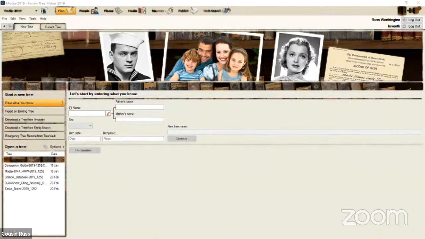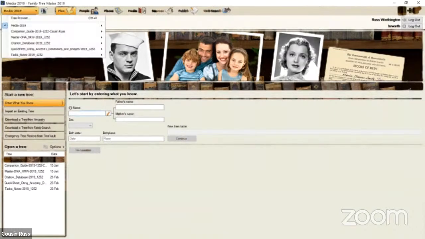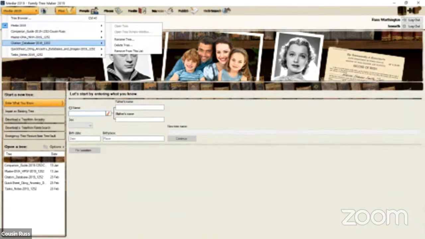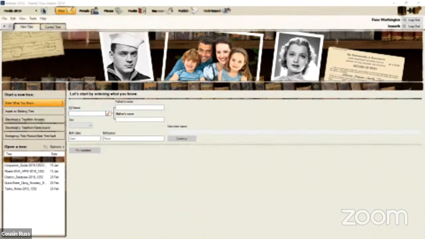Now I have done that to clean up before this demonstration, but what I want to do is, I'm trying to do too many things at the same time. So what I want to do is rename this file. Now, when I rename the file, what I'm working on is getting Windows Explorer on a screen so I can bring over,